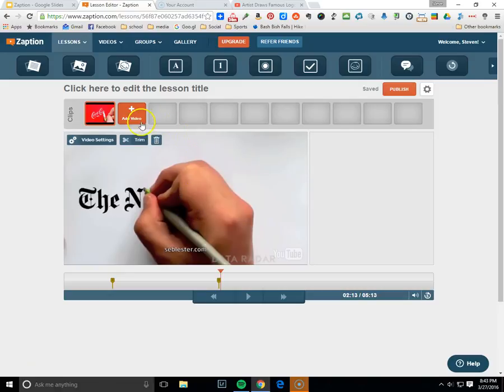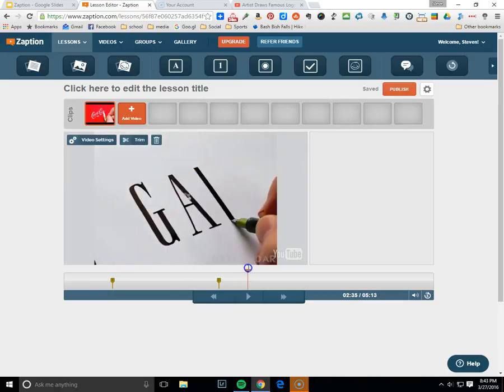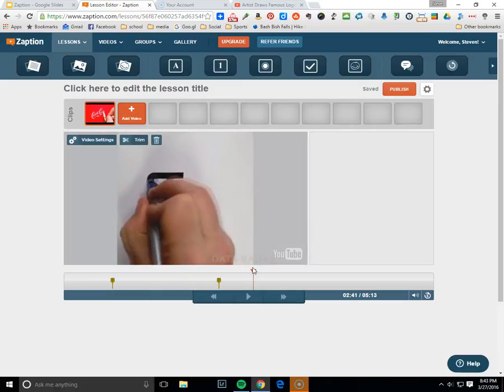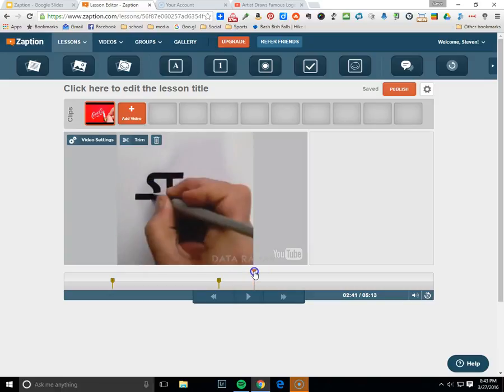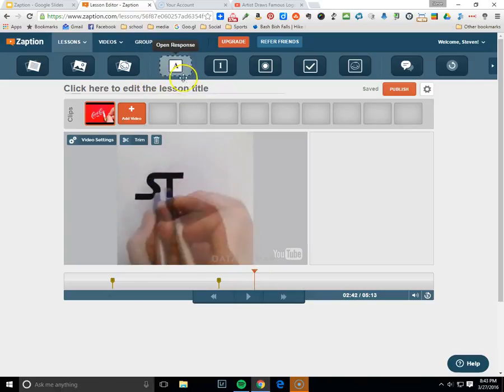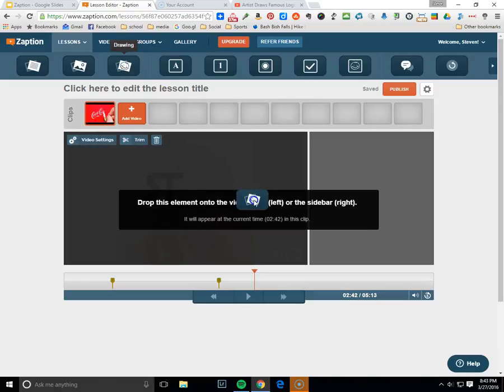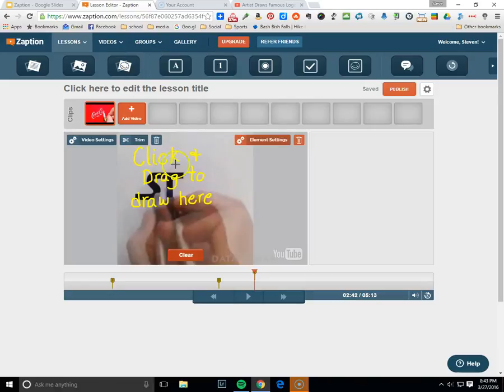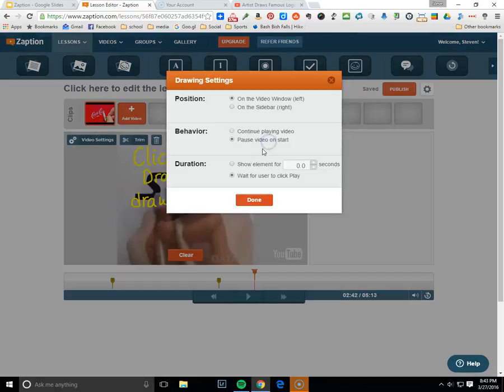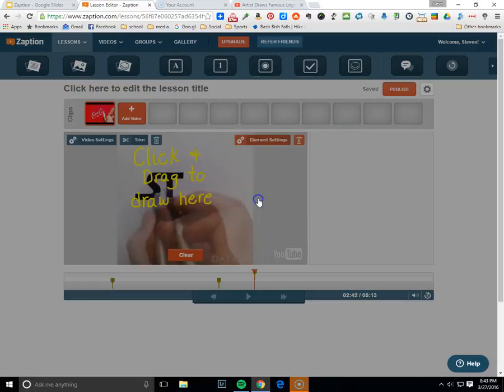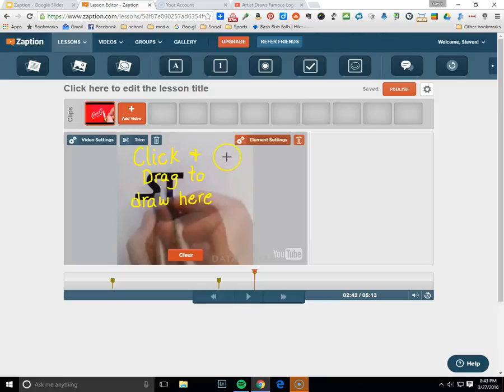And now we're going to go to 2 minutes and 41 seconds. We got another section. Maybe a little bit further. And we're going to just draw on this section of the video here. Now here I want to actually draw. There's really no options to change the color. You can have the element shown for, I'm going to have it shown for 2 seconds, maybe 3. Select done. And now what I'm going to do is